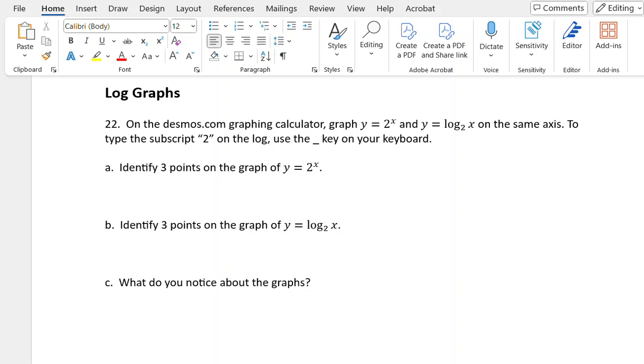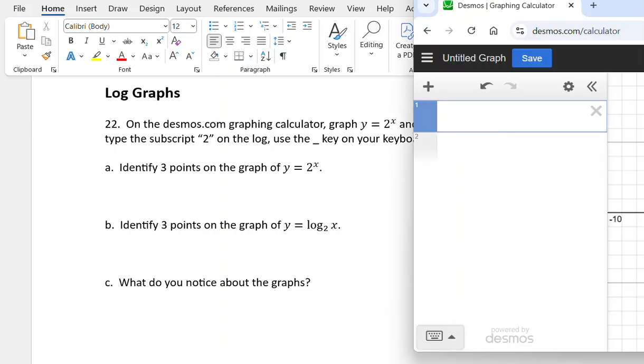In this video, we're going to look at the graphs of logarithms. We're going to use the Desmos.com graphing calculator and graph y equals 2 to the x and y equals log base 2 of x on the same axis. To get the base on the logarithm, there's a couple of ways we could do it. One way is that we use the underscore key on our keyboard,